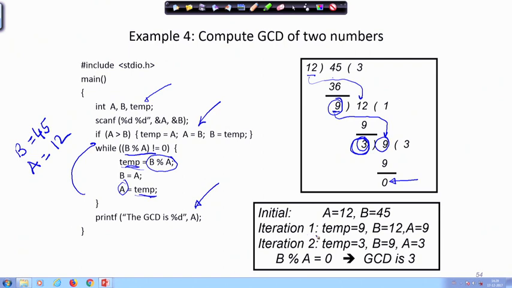Looking at this picture, first temp will become 9, B is 12 and A is 9. Next time temp is becoming 3, B is 9, and A is becoming temp. And whenever I find that B divided by A, this part is 0, remainder is 0, then A is my GCD, I get the 3.